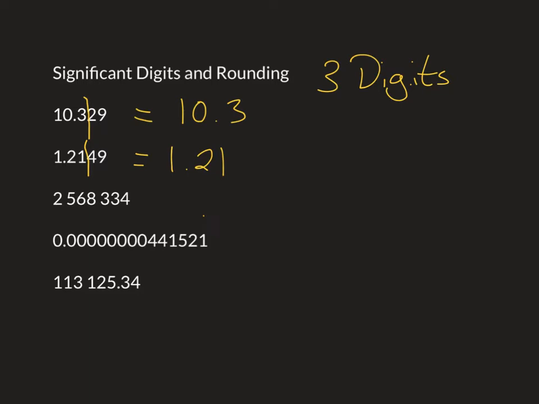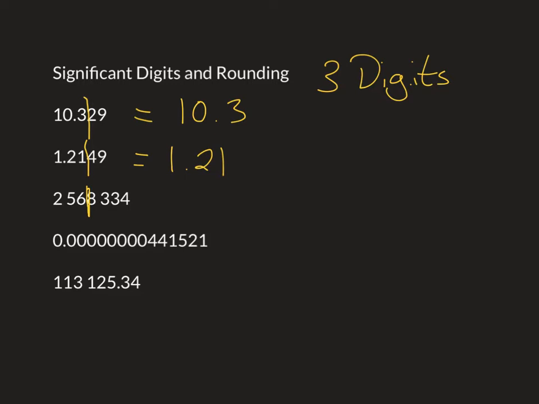A bit of a trickier problem shows up when I look at my next example here. All right, so I want to round this number, 2,568,334. I want to round that to have just 3 numbers, which means that technically I want to round it right there. So the only three numbers I want are the 2, the 5, and the 6. Now, when I look to the right of the number, there's an 8 there, which means I'm going to